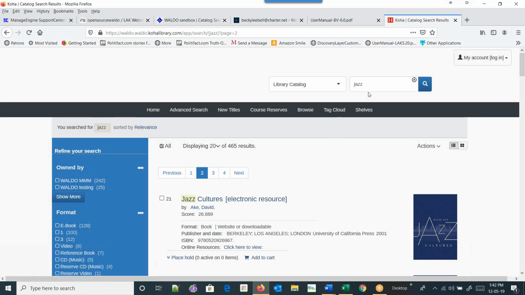The address that I used, that Jim and Ben and I have shown you here, is waldo.waldo.kohalibrary.com. This is actually a Waldo sandbox, but it is a production Waldo database.